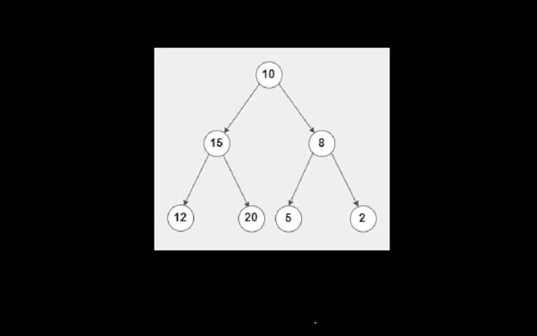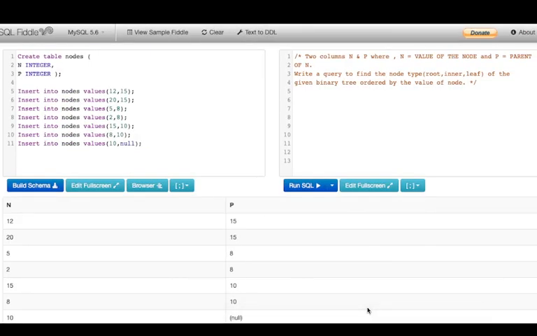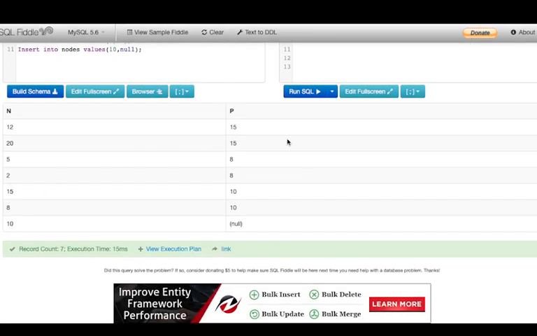Alright. So let's see what is the question on what we have to write our query. A table is given to us wherein we have two attributes, that is n and p, where n is the value of the node and p is the parent of n. So this is our table if you see.